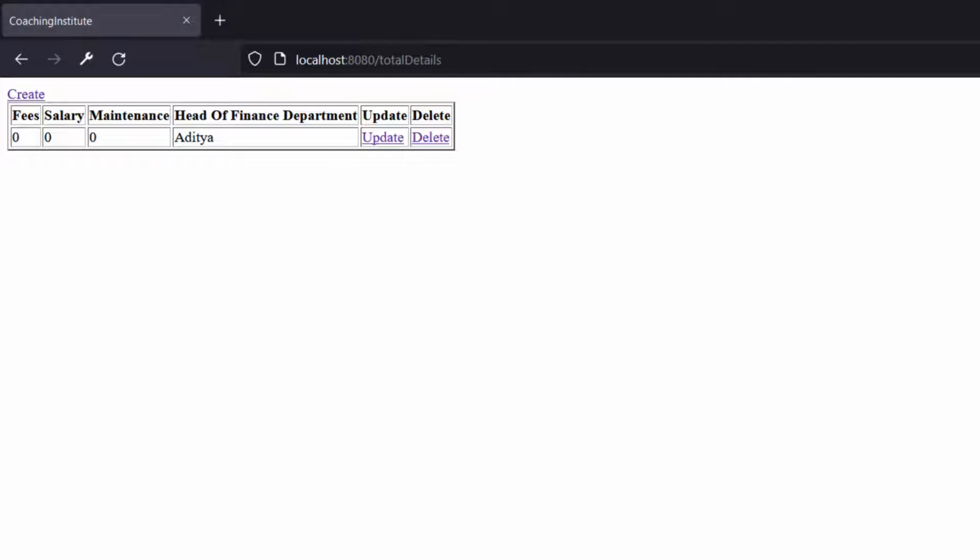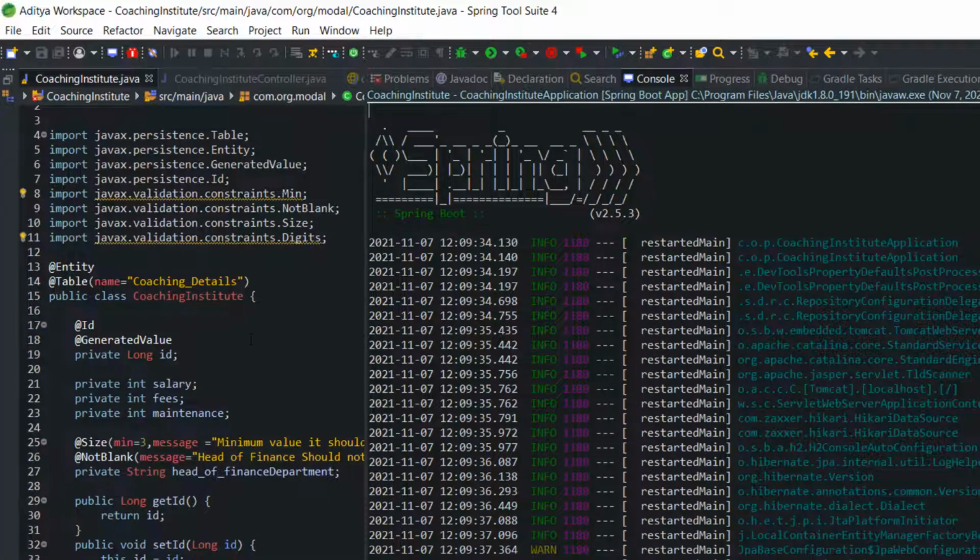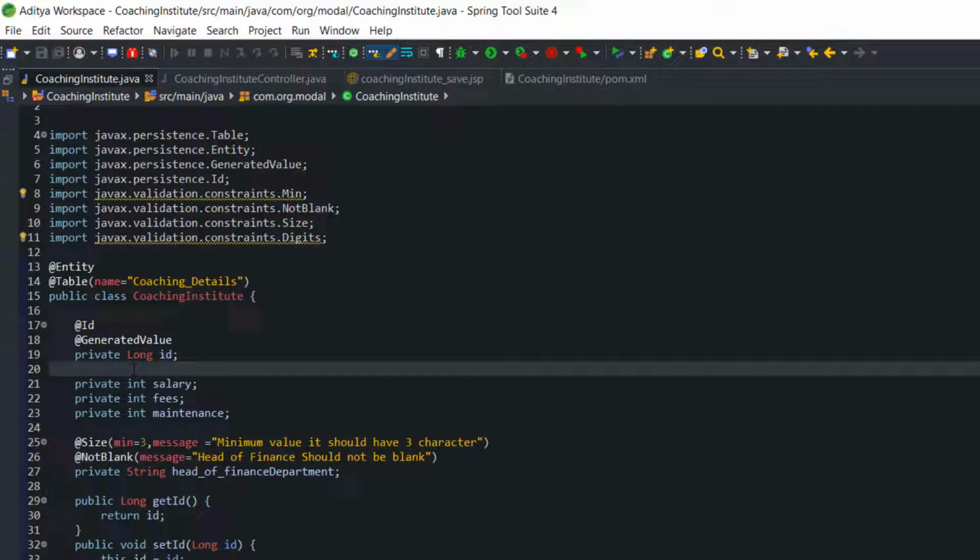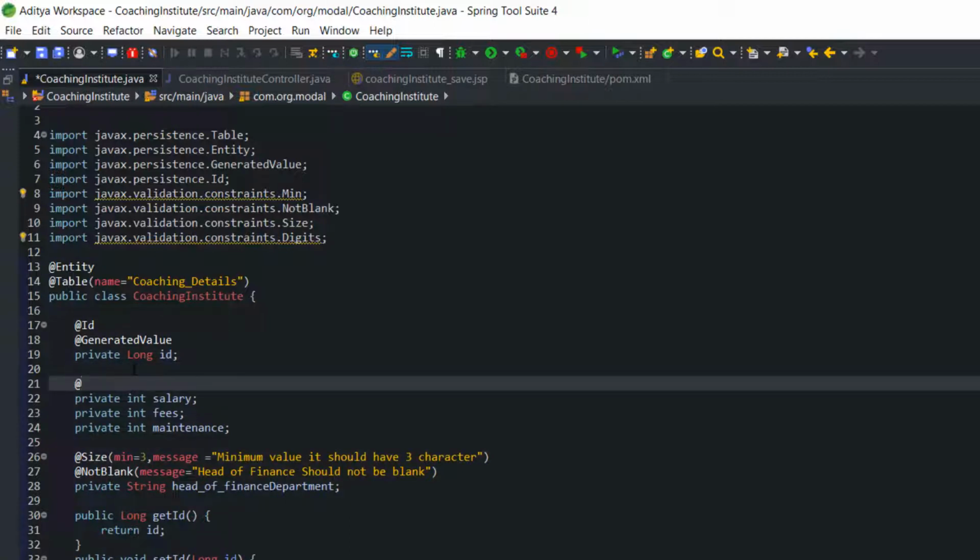So for that, I am going to use the @Min annotation. Let's go to the project, and here I am going to add @Min with a value, let's say, salary should not be less than 5,000, whether it is the maintenance department or the teachers department.